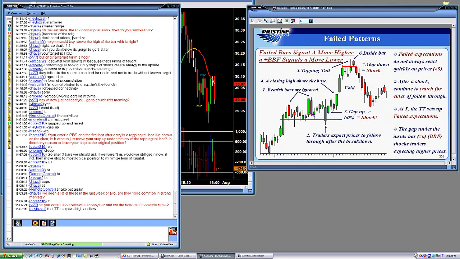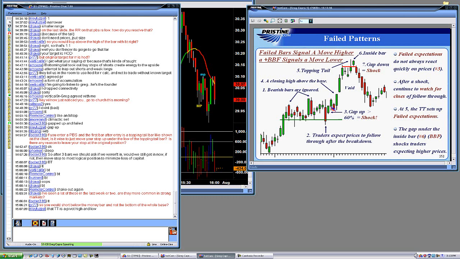And bearish bars ignored tell me that buyers are in control. And this happened after a strong move higher. Another big red bar. It's a significant gap up. Bar is closing at its high. Again,